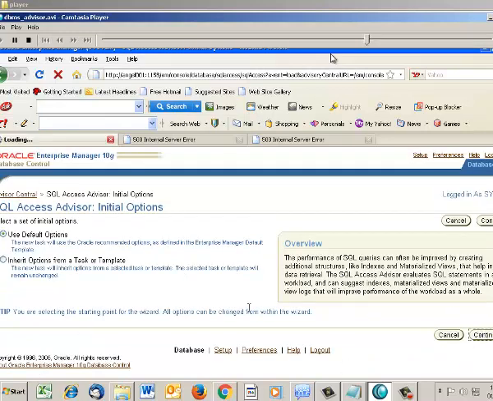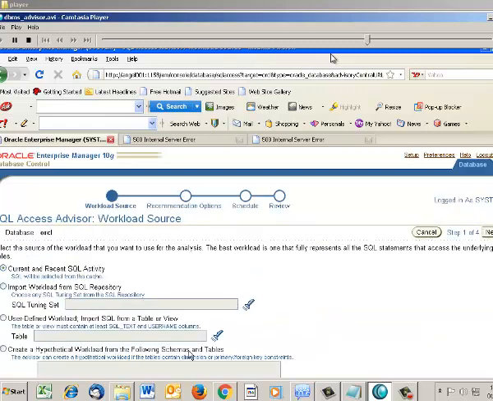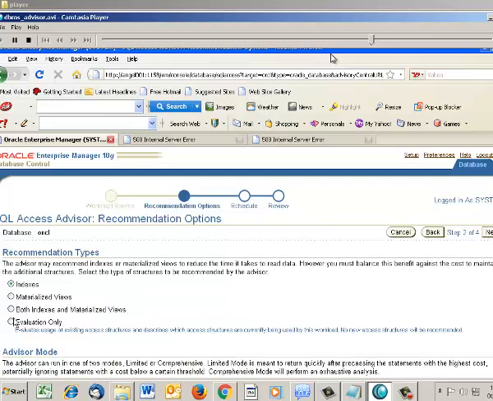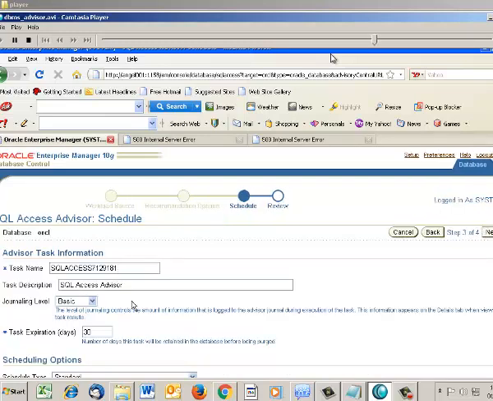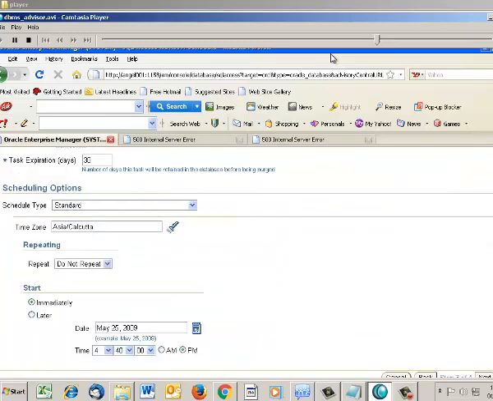The SQL access advisor will give you advice, and it will show you the various recommendations, and where it will materialize views. So here we select current and recent SQL activity, and then it will ask for the recommendation type. So we need both the indexes and materialized views to be recommended. Okay, sorry, you need to click in here. Just click on next, not here, and then this number comes in. Just give it a unique number like this. Then if you go below, click next,